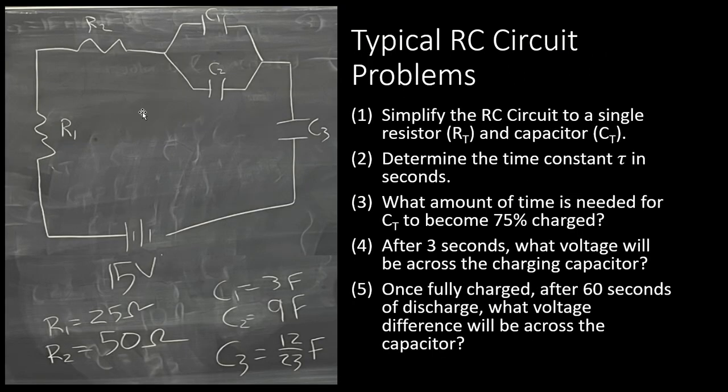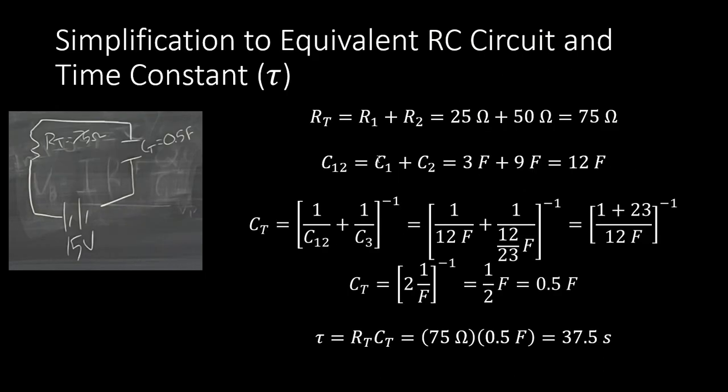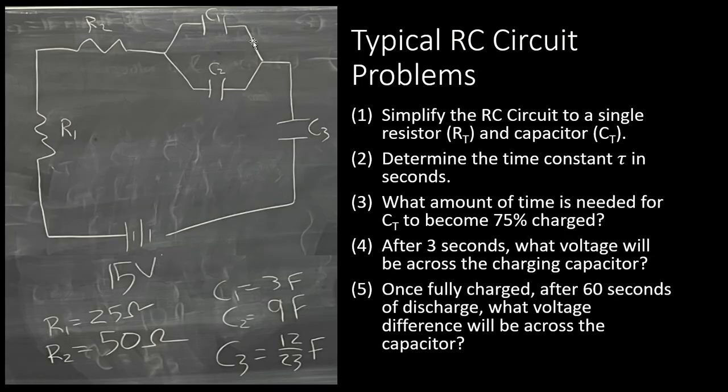For our capacitors, we have the first two that are in parallel. Each path only has one capacitor, therefore we can just simplify these into one single equivalent capacitor by adding up their capacitances. 3 farads plus 9 farads equals 12. Now then, we simplified this to a single